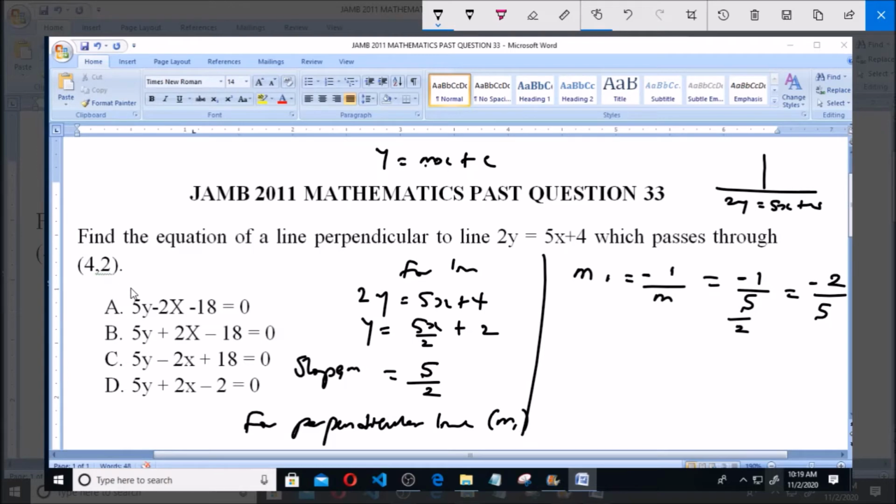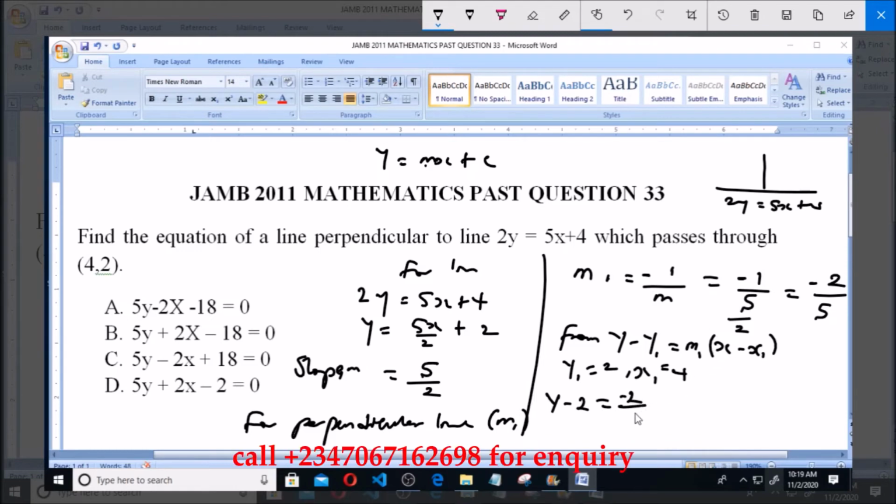(4, 2). So since we've gotten the slope, we can now say that y minus y1 is equals to m1 into x minus x1. Now the y1 is the 2. Y1 is equals to 2. That is the point which it passes through, and then the x1 is the 4. So we can now say that y minus 2 is equals to m1, which is the slope, minus 2 over 5 into x minus 4. So this will give us